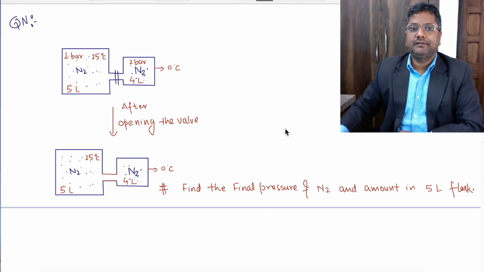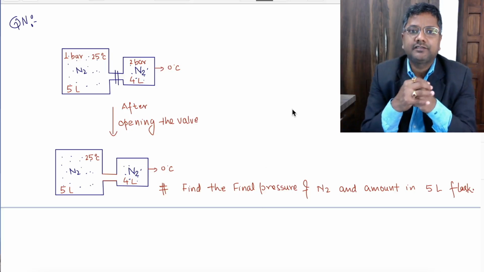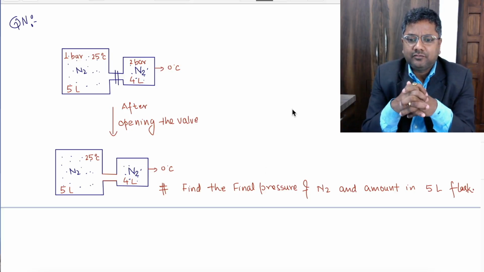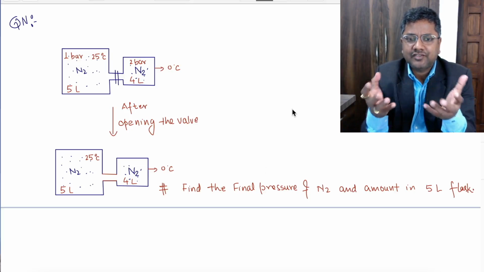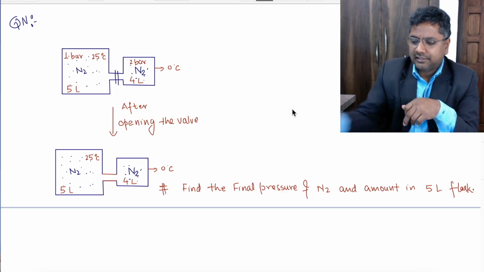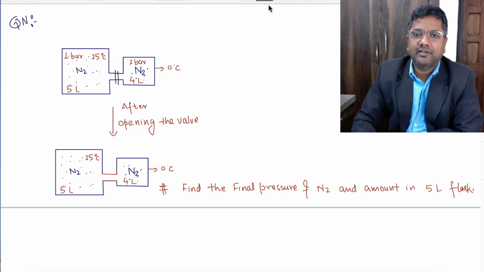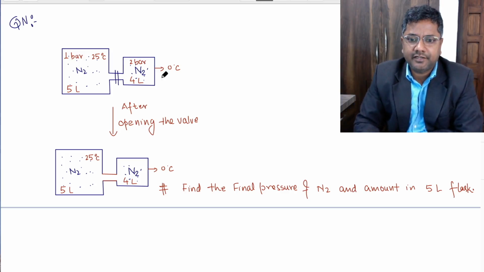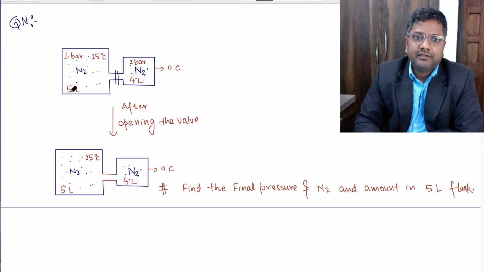Well, dear friends, in this lecture we will try to develop and strengthen our concepts through problems. So, there is one question. What is written here? This is a 5 liter container having N2, and this is a 4 liter container having N2, with 2 bar pressure and